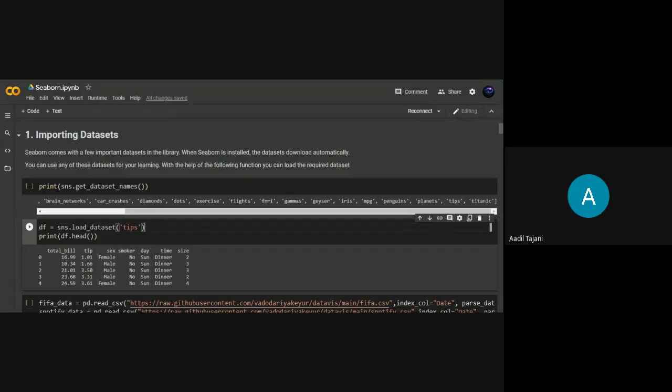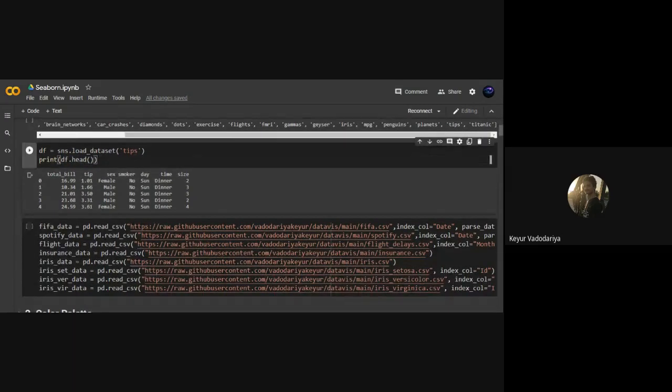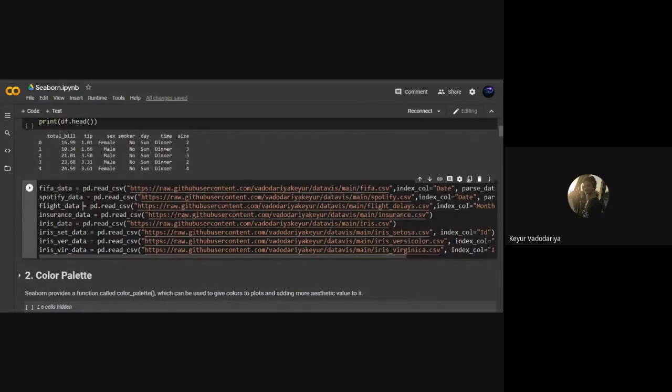Yes, yes. Okay. Yeah, so Seaborn has some inbuilt datasets to play around with. To get the names of the datasets, you have to write sns.get_dataset_names, and a list of datasets available in Seaborn is displayed. Now to load a dataset, you have to write sns.load_dataset and the name of the dataset. These datasets are available in the form of pandas data frames, so you can apply all the pandas functions to them. Okay.